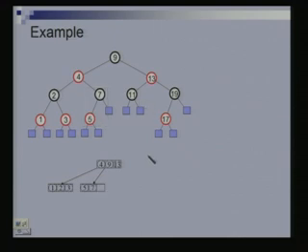Now, what will be my third child? It would be just this black node, it has no red children. So, I create a node with only 11 in it, and the fourth one 19 and 17. So, I create another node with just 17 and 19 in it. So, this is the 2, 4 tree I get, right. Now, you can see the black height was 2, it was the same for every external node, that was the black height, and I get a 2, 4 tree of height 2.